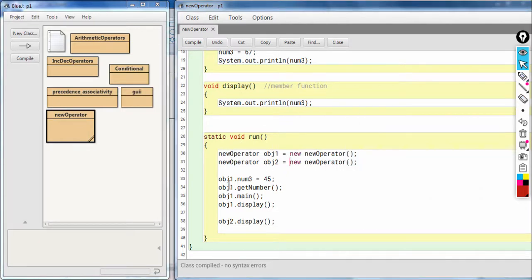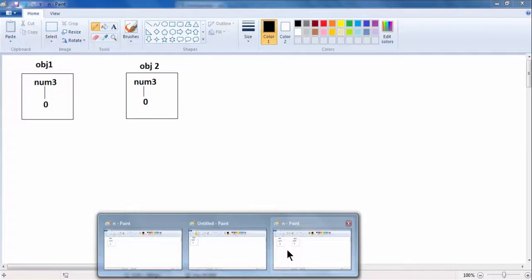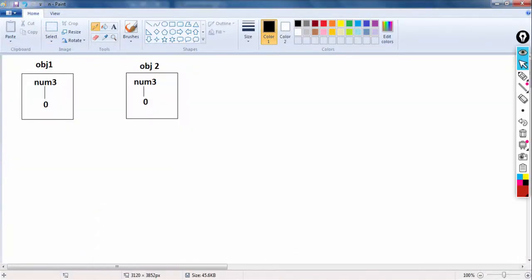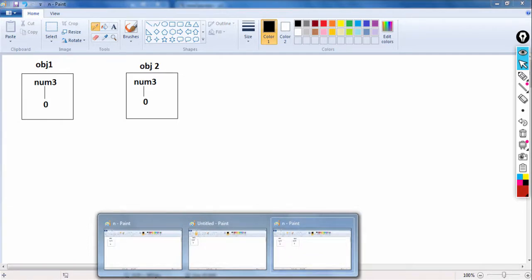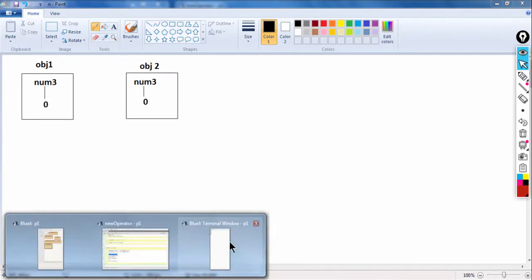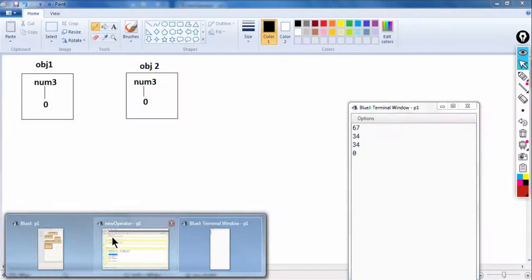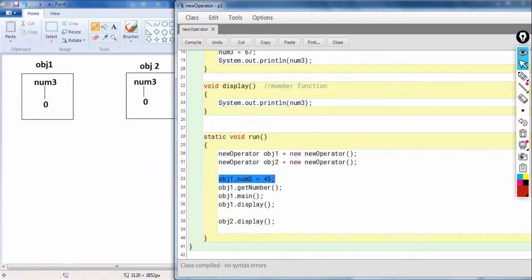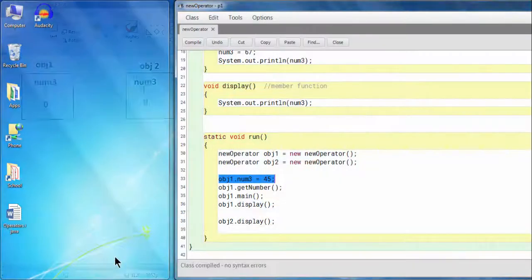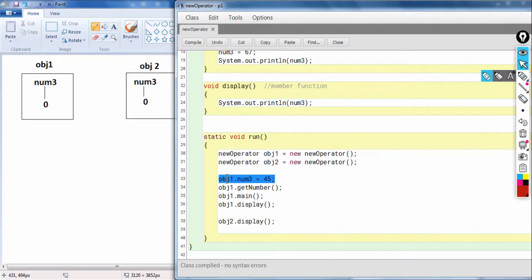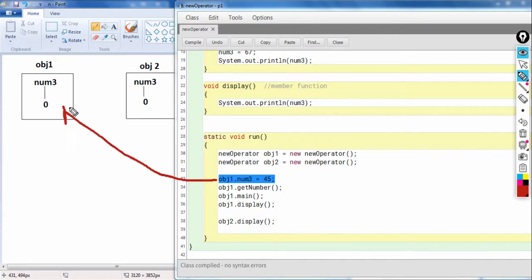Okay, that is because when this line is executed, so this line stores 45 in obj1's num3.